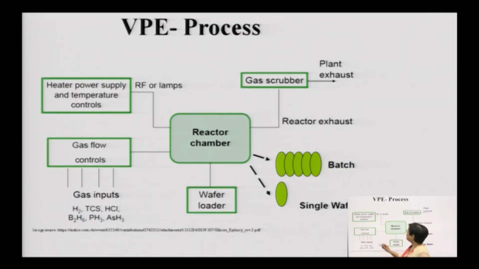Now, this is the overall reaction I have told you. RF lamps are used for heating, so that the temperature is maintained uniform, with gas flow under controlled laminar flow, controlled pressure, and controlled temperature introduced into the chamber. The wafer loader will load the wafers, the gas will be allowed to deposit onto the wafer substrate, and then residues will be driven away, and this is the process.